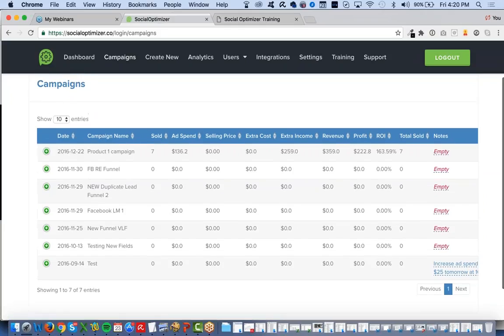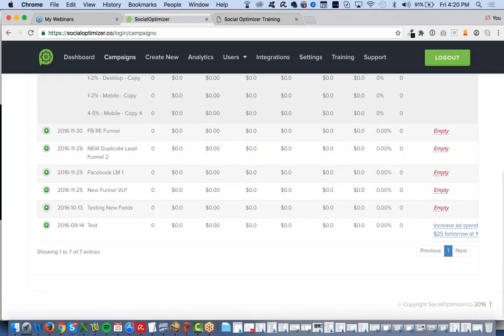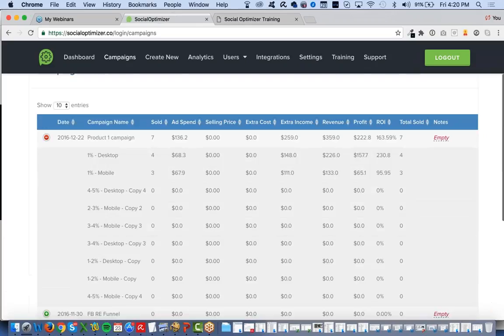So your campaigns menu shows you this. It shows you your ad spend, your selling price, your revenue, your profit, your ROI, like I showed you before. The analytics will show you the interests that people who have invested with you have. So say, for example, if you're targeting people in the marketing business, you can find out through the analytics what interests those people have. Whether they've got an interest in a particular marketer, or in a particular product, and you can, based on that, target them in different, useful ways.